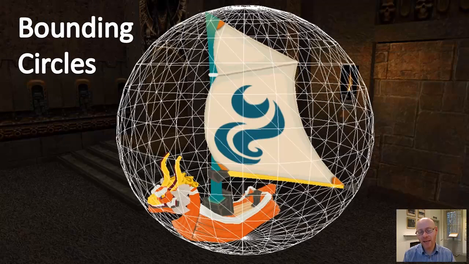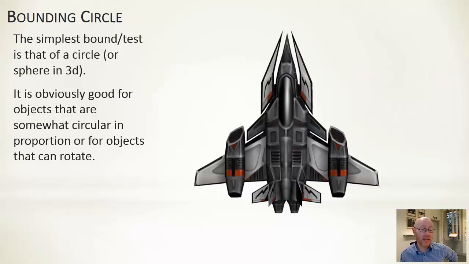We'll start off having a look at bounding circles as our first particular one. Bounding circles, bounding spheres in 3 dimensions, actually offer the most simple and most straightforward bound that we can use within a game. So, as mentioned, it is the simplest type of bound. Very easy to test whether or not 2 circles overlap. It's good for objects that are somewhat circular in proportion. It is also ideal for objects that can rotate. So for objects that are allowed to rotate, if you can have a bound around the point of rotation,